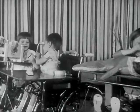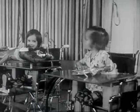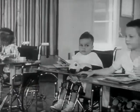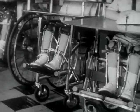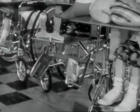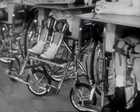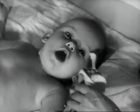In the all-out fight against polio led by the National Foundation for Infantile Paralysis, there were many years of struggle and heartbreak. Parents lived in fear of polio's sudden attack and the tragic aftermath. Thousands upon thousands of children and adults fell prey to the crippler. March of Dimes funds were needed everywhere, needed desperately by patients, needed by an army of scientists who searched for